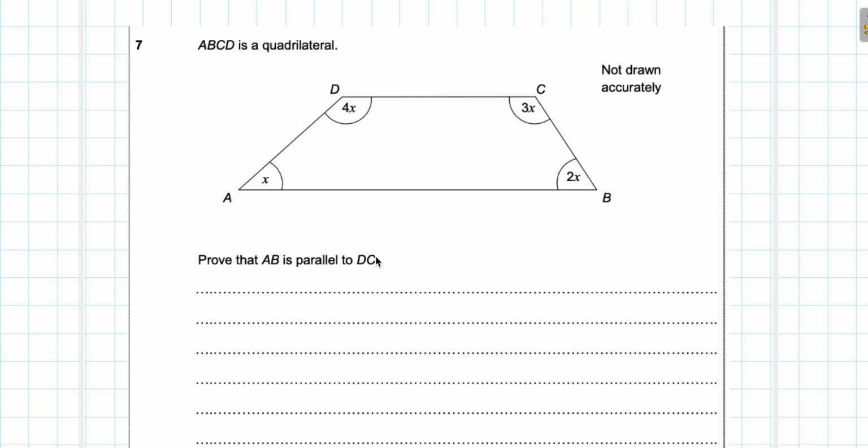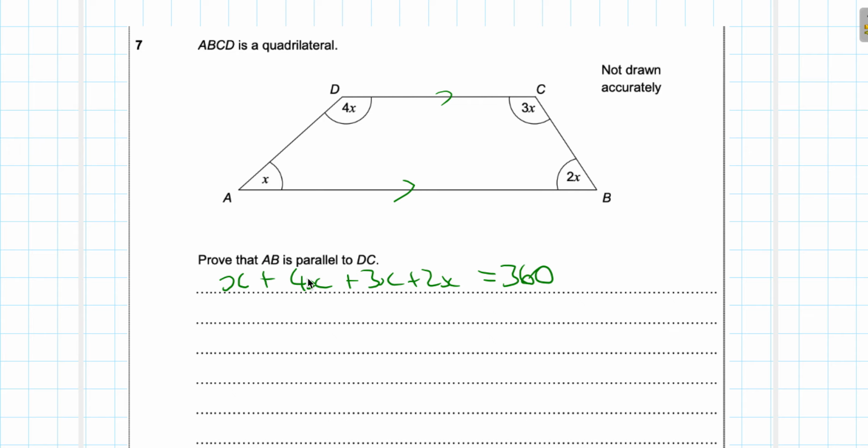Question 7, ABCD is a quadrilateral. Prove that AB is parallel to DC. So the first thing that I'd want to do here is probably find what x is. I know AB and DC are parallel, but I don't really have any information here that can help me. Most likely I'm thinking of using the parallel angle rules, but I also know that all the angles inside of here add up to 360, so I can easily find my x value by simply adding up my angles, so x plus 4x plus 3x plus 2x,